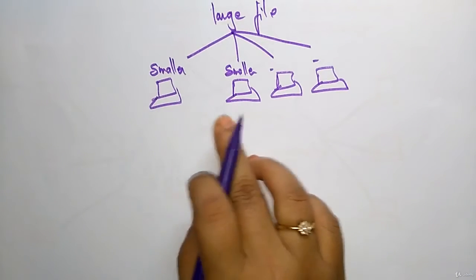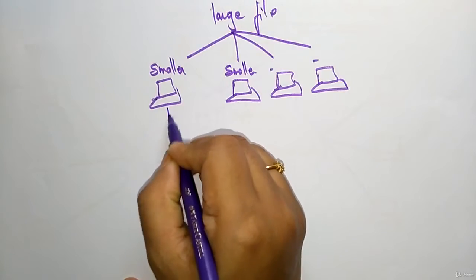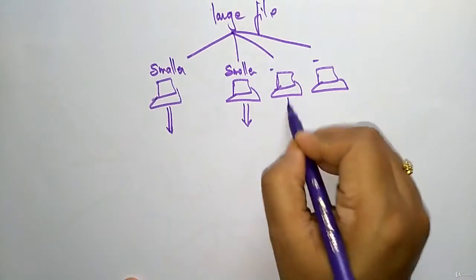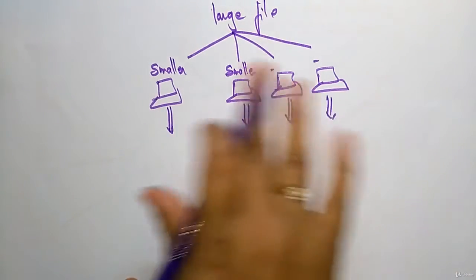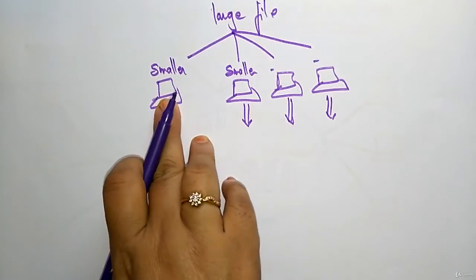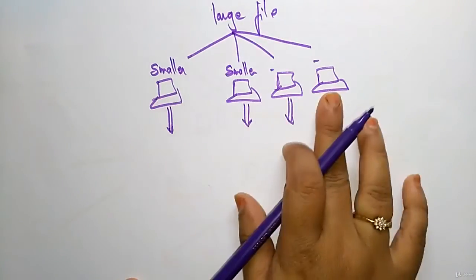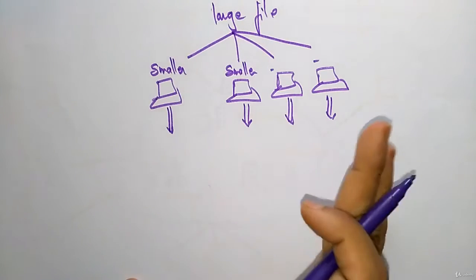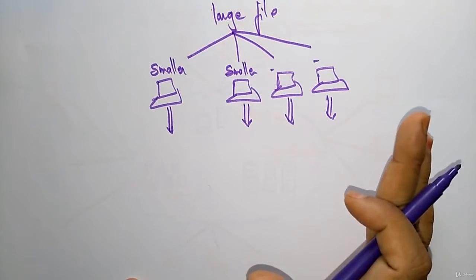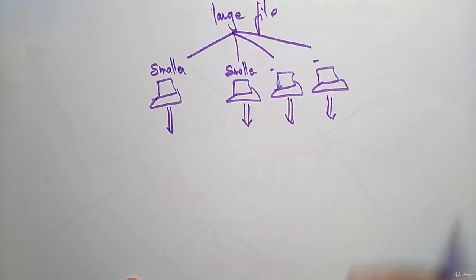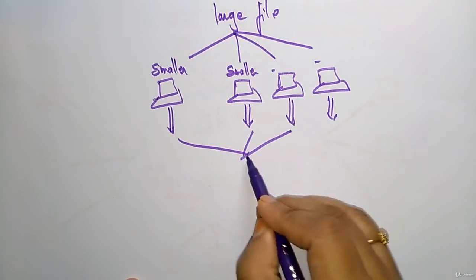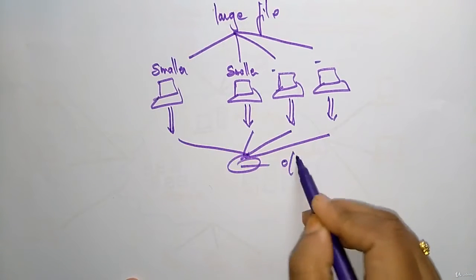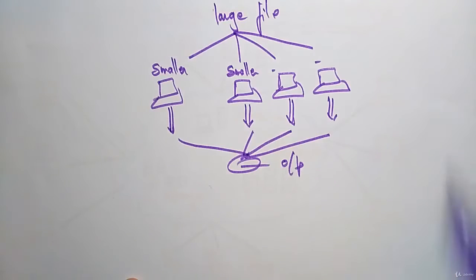These pieces are processed in parallel, so this will be executed in parallel. There is no interactive workload between those systems. Each resource executes its divided part of the file, and as a result, completion is achieved in a smaller amount of time. Finally, you will get the final output. With less time, we have completed this process.